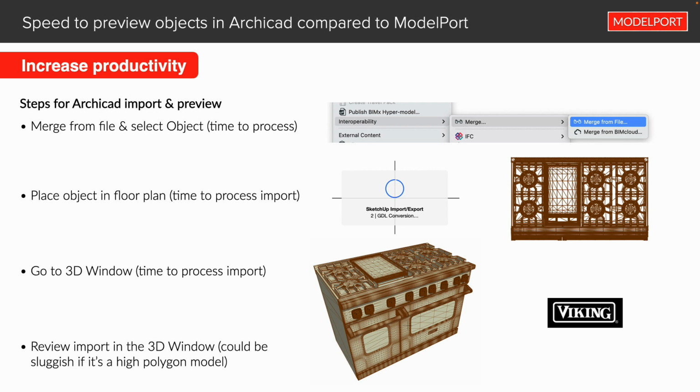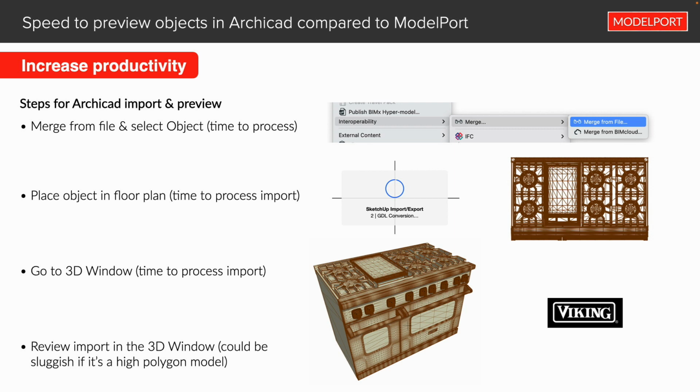Then, once I get a 3D window, I want to be able to rotate around it, right? And it depends, again, on the complexity of the object, because if it's a very complex object with a lot of polygons, it can be extremely sluggish in that 3D window. So this is what ModelPort was created to fix, to really reduce that amount of time,